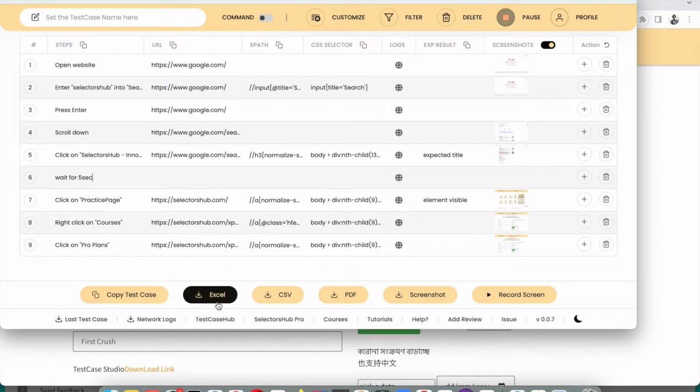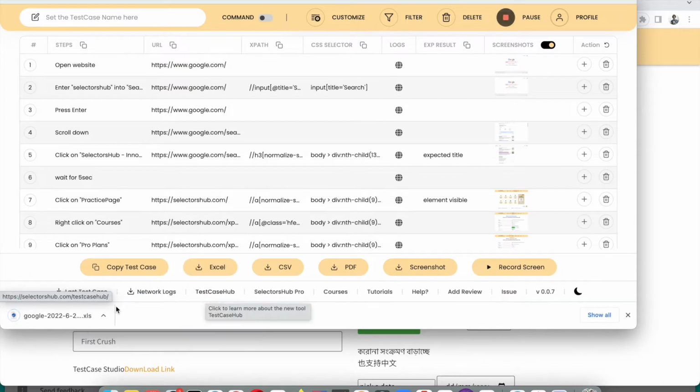So you see that all the formats are available, like Excel, CSV, PDF, whichever you want. So you just click on this button and it will download the file. If you want to download this, you can just download. By default you will see that it will download with